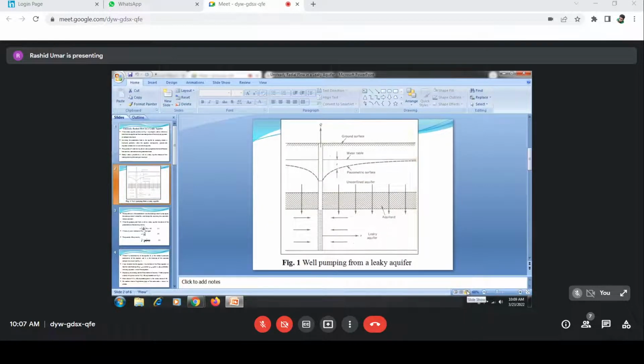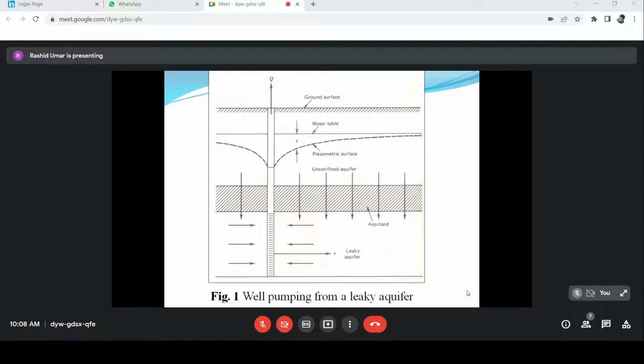This is a diagram which explains the pumping from a leaky aquifer. I'll explain the first diagram, then I'll go to the written part. This is the semi-confined or leaky aquifer. Above it, there is an aquitard. What does aquitard mean? It is porous but relatively less permeable as compared to the aquifer. So what we consider is that in such a formation there is